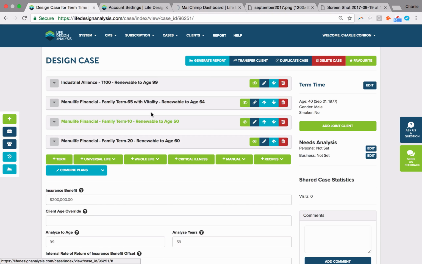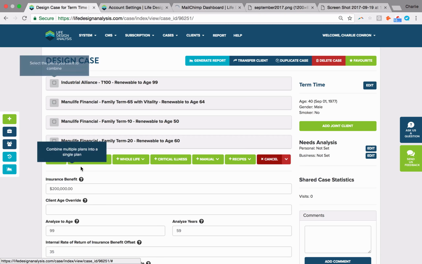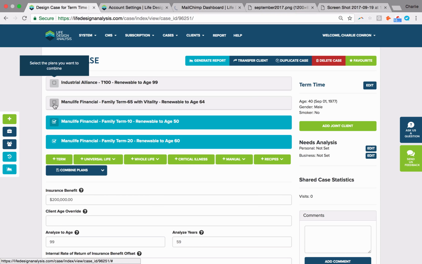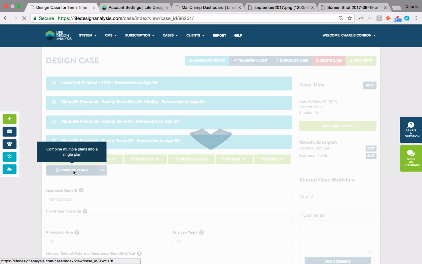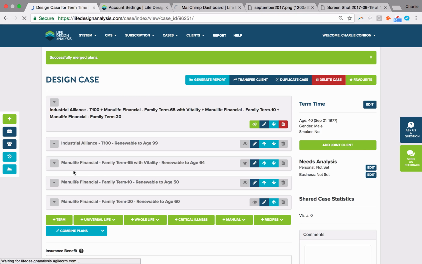Now, again, if you were doing these all with one company, there might be a multi-policy discount too, so you could also combine with a multi-policy. For me, I'm just going to say 1, 2, 3, 4. Going to add these all together. And once you've checked off the ones you want to combine, just click this little save combine to finish that step. So to basically save and say, okay, these are the ones I want to sum together, combine them all into one new plan. When we do this, we get basically all 4 titles here combined with a plus in between them.